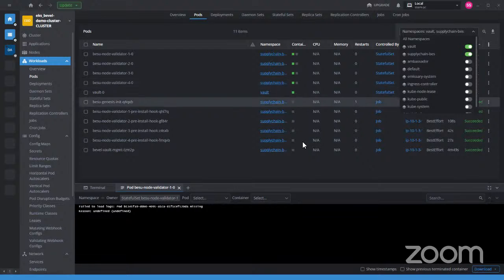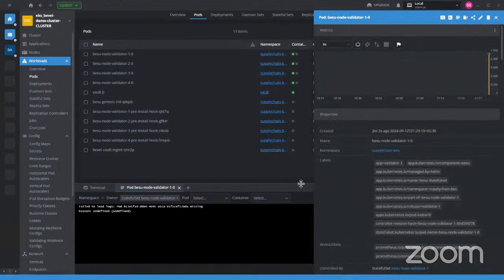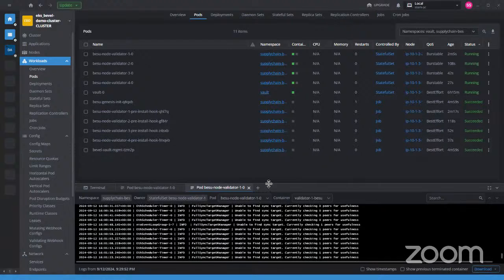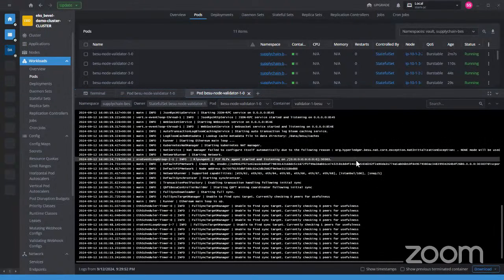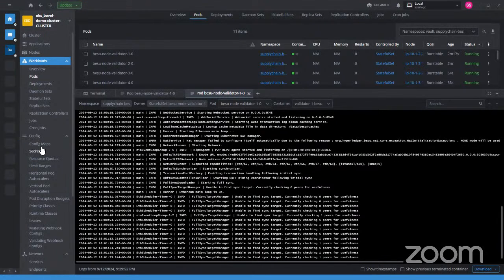Yeah, so all the validators are up and running, though it's just started 100 seconds ago. Let's see if they have started creating the blocks or not. So it's still not synced with all the validators. But the important thing which I should look into is, I guess, the